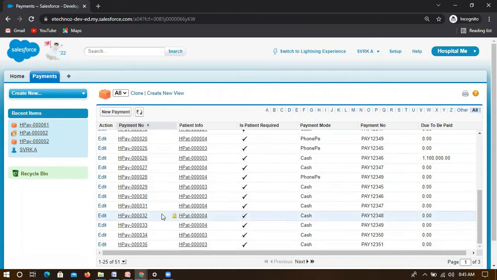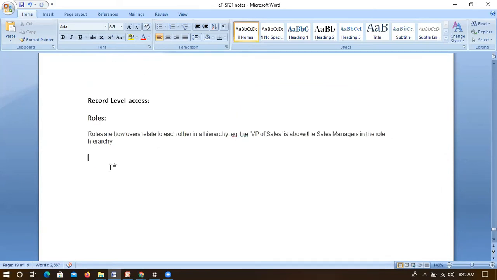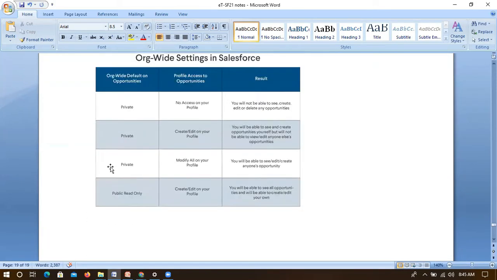The first record level access control starts from organization wide defaults, OWD. Anyways, we have created a role and assigned that role to a specific user, so that from now this user will be acting as a role based user. Now I want to control some set of data.